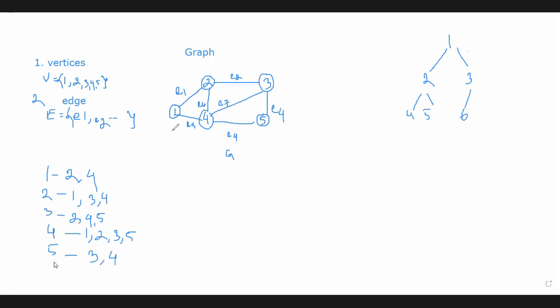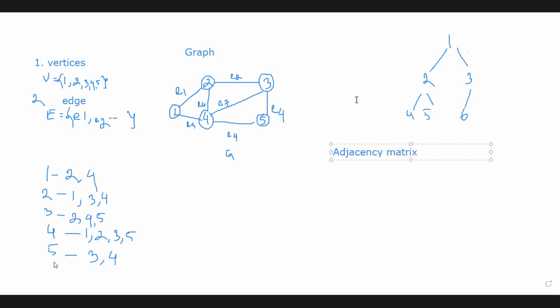Okay, so now if it is a graph, how can we represent this graph? We can use the array or linked list representation, isn't it? But if we want to use the array for storing all these elements, at first we have to create an adjacency matrix. What is a matrix? It's a 2-dimensional array, right? So now how can we represent this graph as an adjacency matrix?